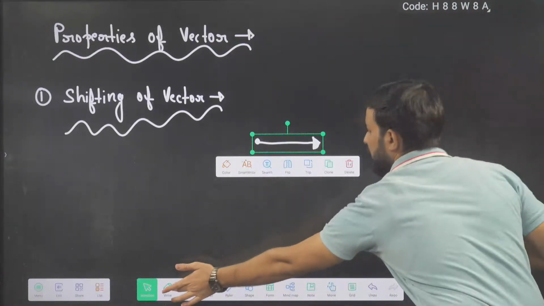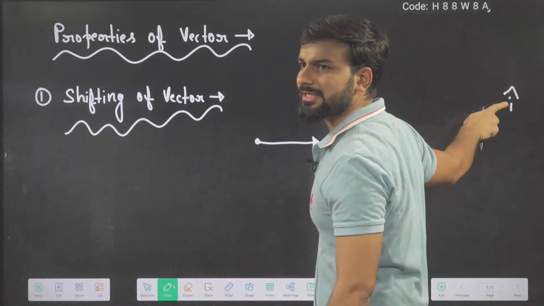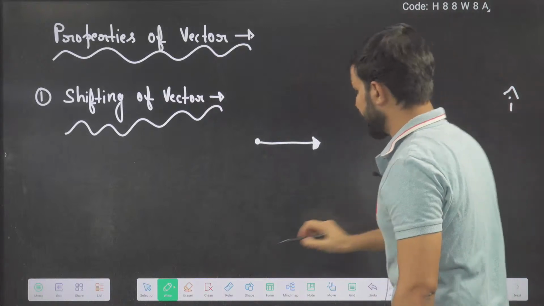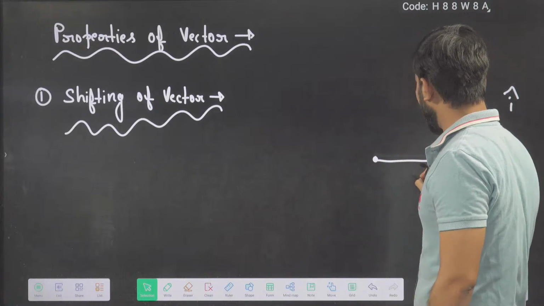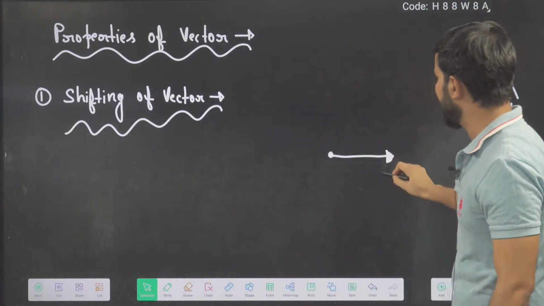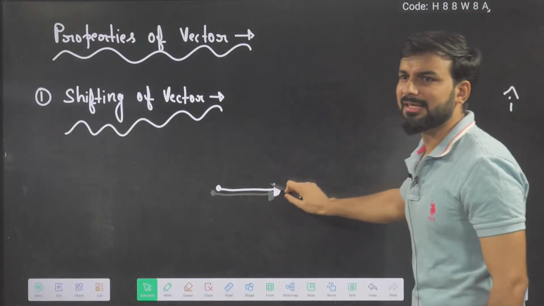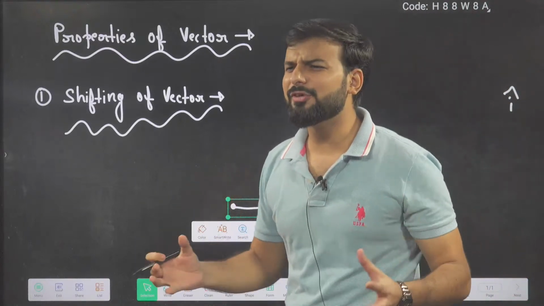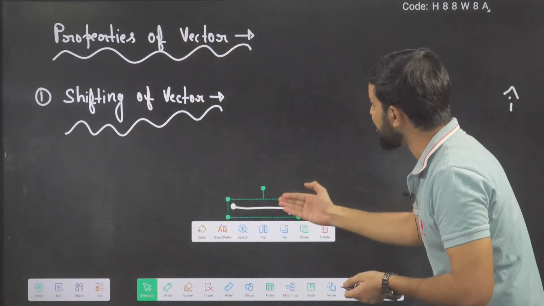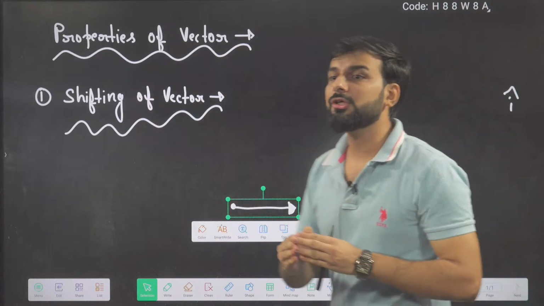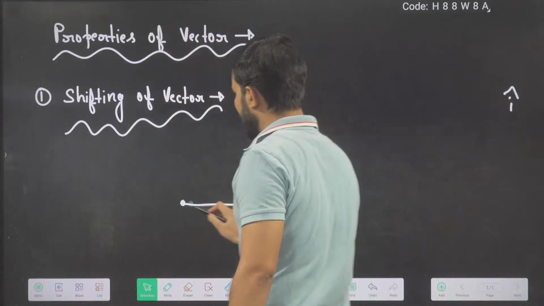Let's say this vector is pointing toward which axis? I cap, the x-axis. So if you keep this vector here, here, anywhere, am I changing the direction? No. Am I changing the magnitude? No. So this is the beautiful property of your vector. If you shift a vector from one position to another position, there will be no change in the magnitude and direction. So I am going to write here,